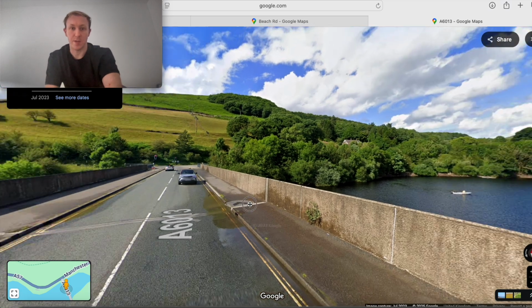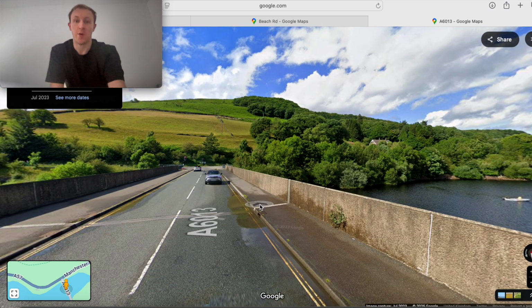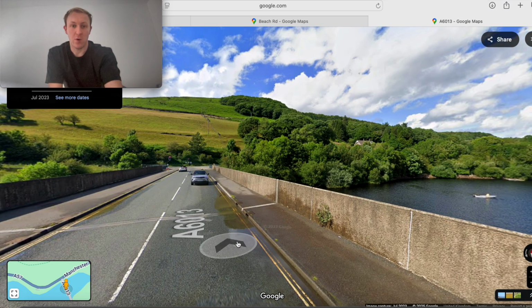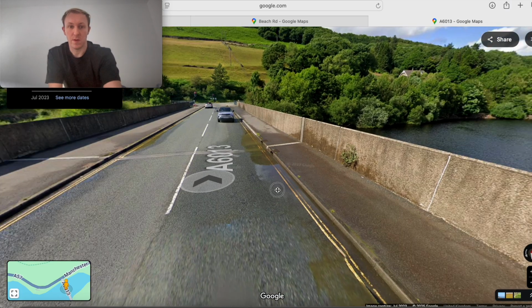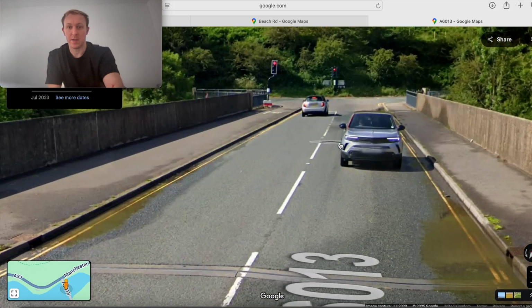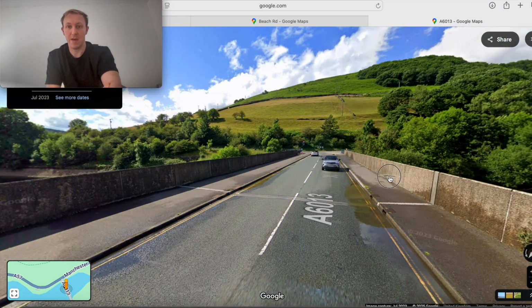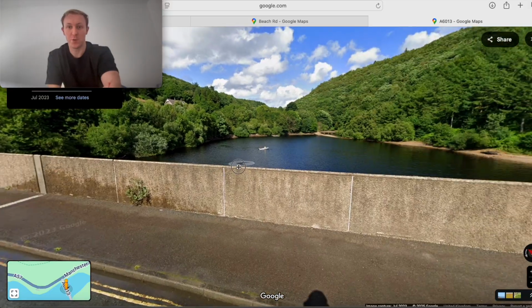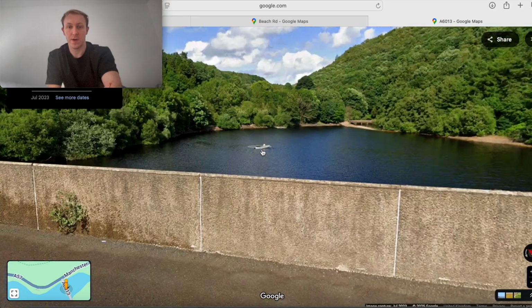So this is the countryside. So we are now on the road. This is a pavement on the side of the road. This is the road, and that is a car. Okay. And if we go to our right and zoom in,